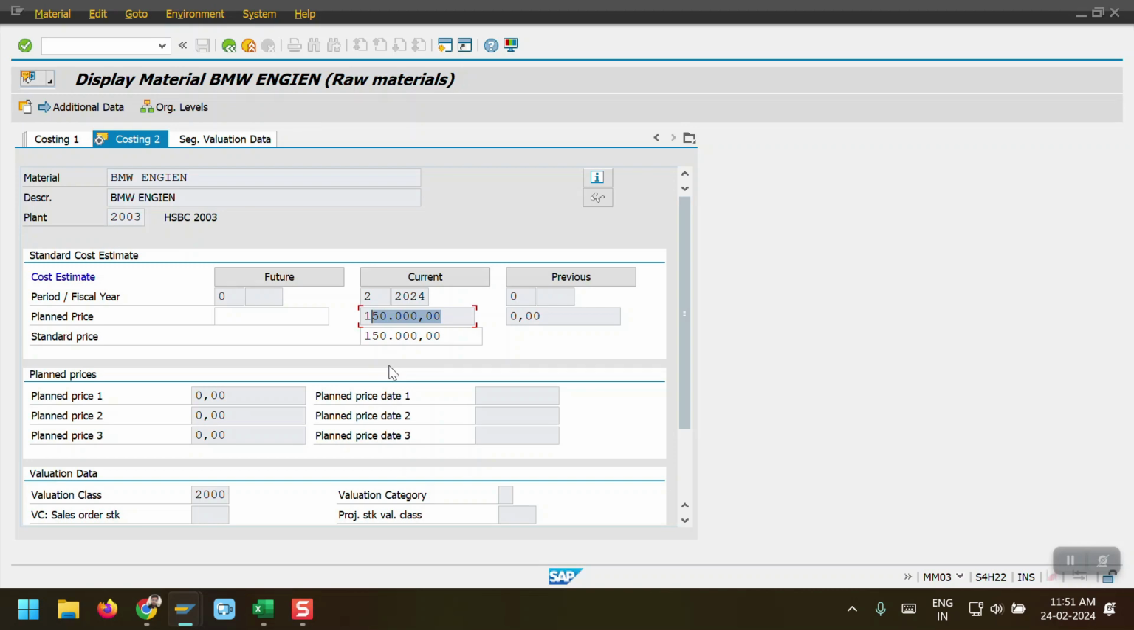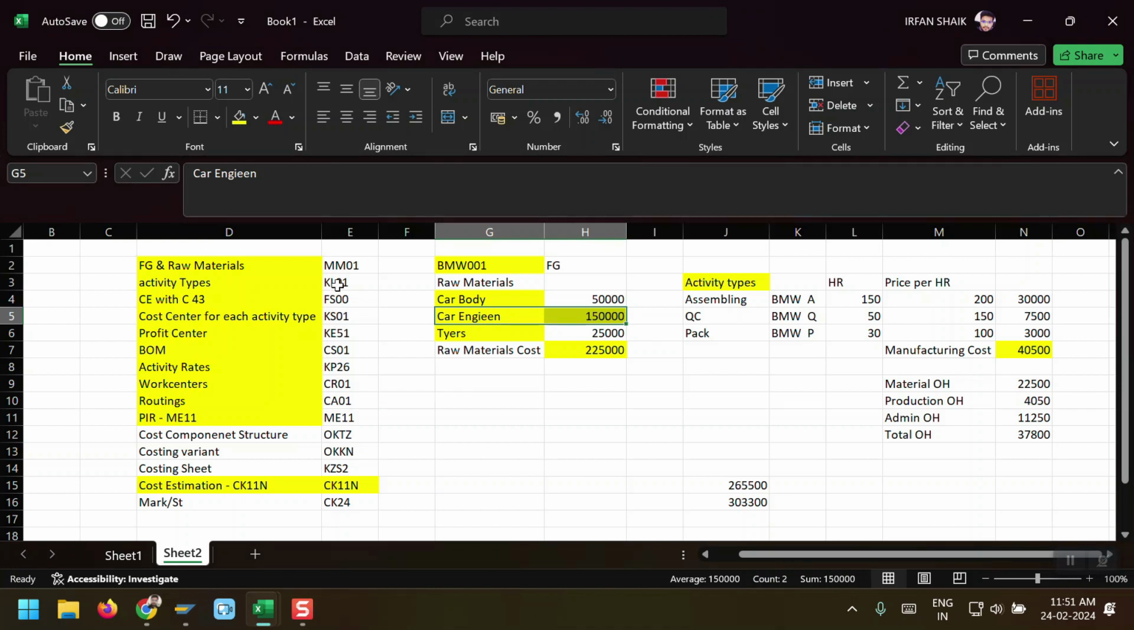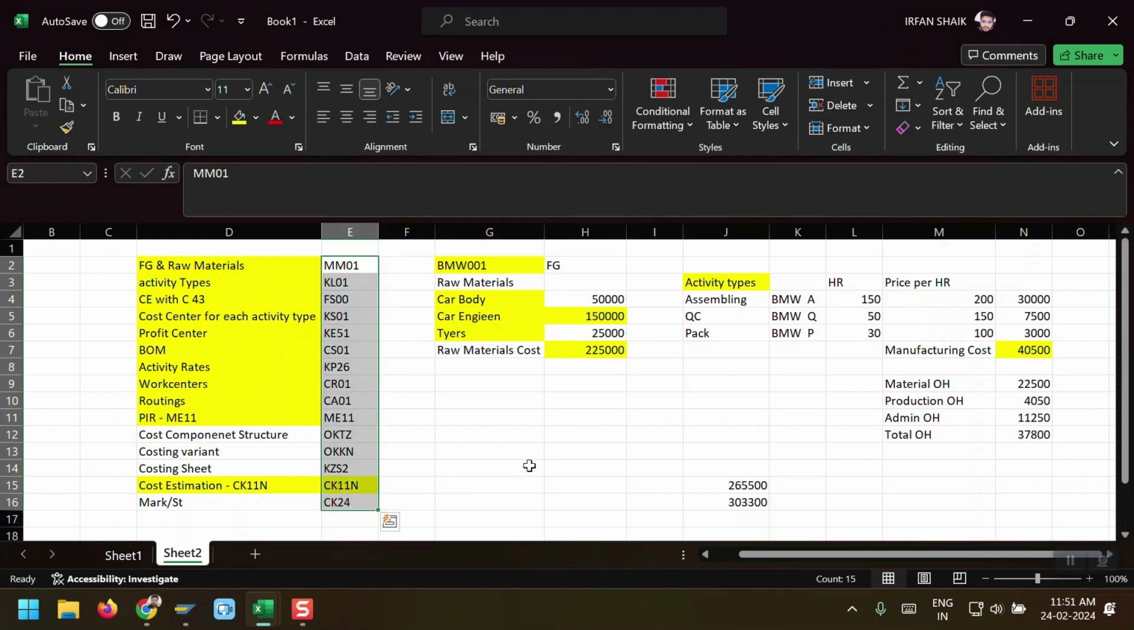So this is the whole process for the cost estimation. We need to perform all this activity for the cost estimation, to estimate the cost for the finished product, and it will update in the material master. This is the whole process. Hope you guys have understood the session,